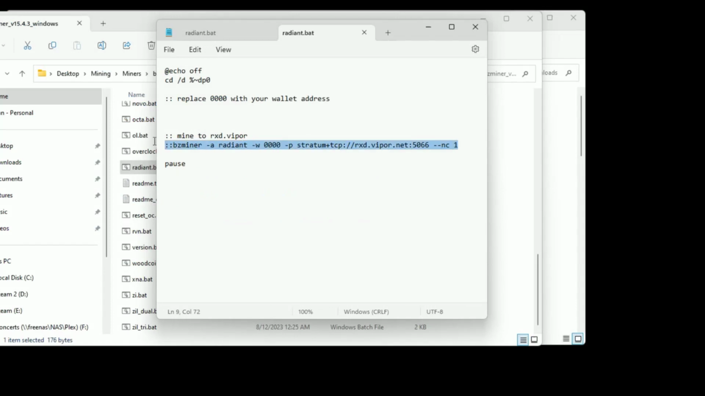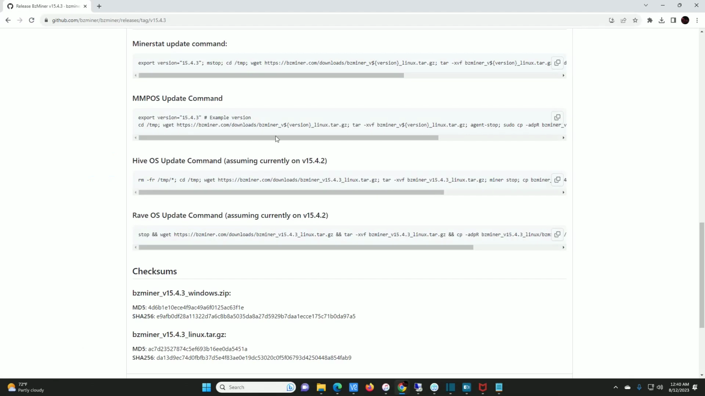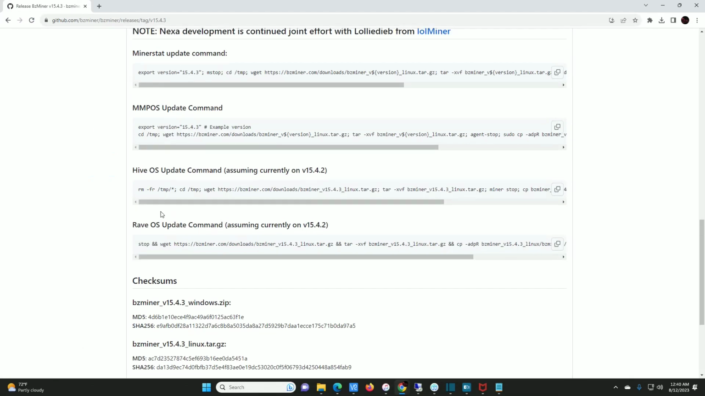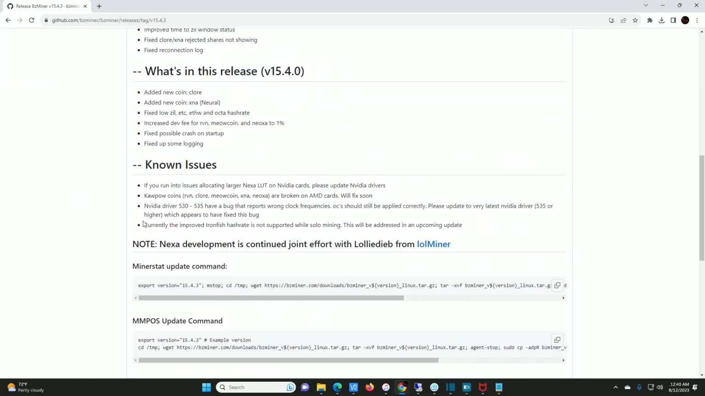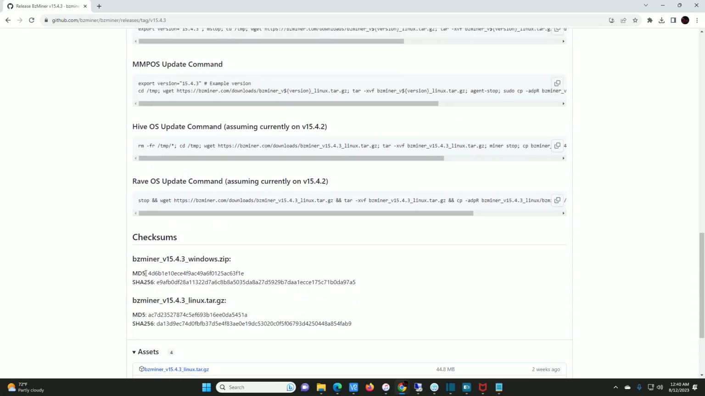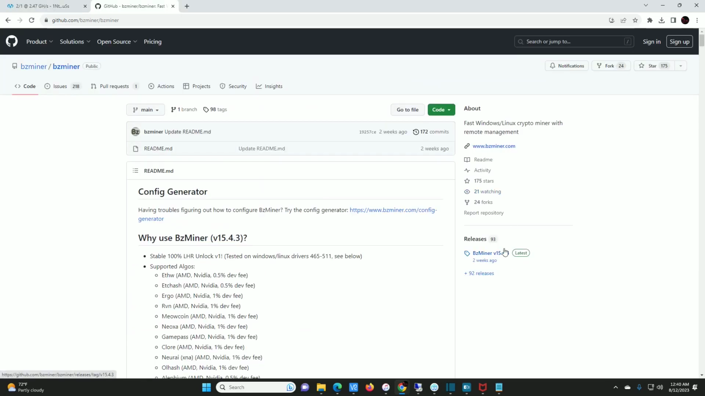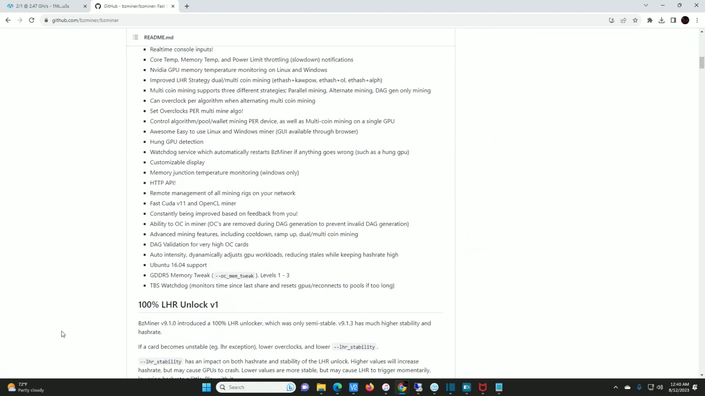So what I ended up doing, I'm just going to get rid of all of this. I went to BZ Miner's release page, where they have all of the commands that you need to run. So before you click on the latest, this is just their normal GitHub. Scroll all the way down here to the bottom